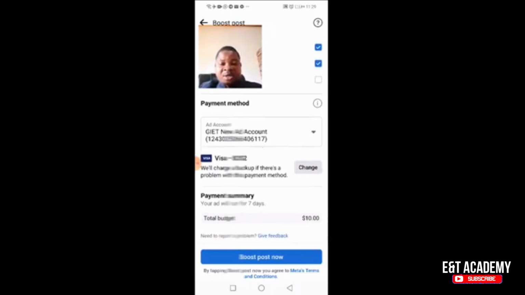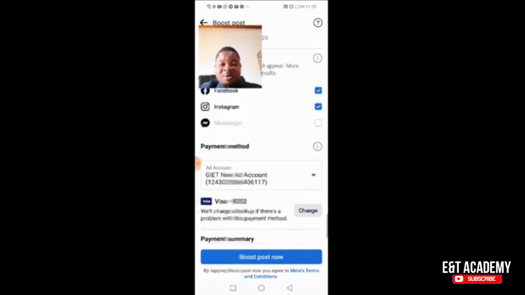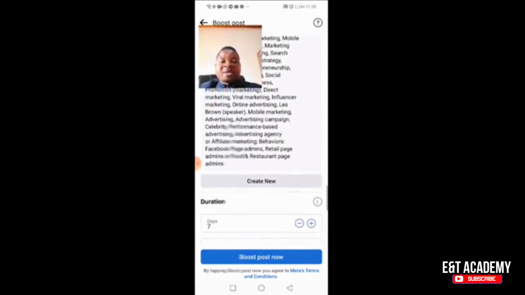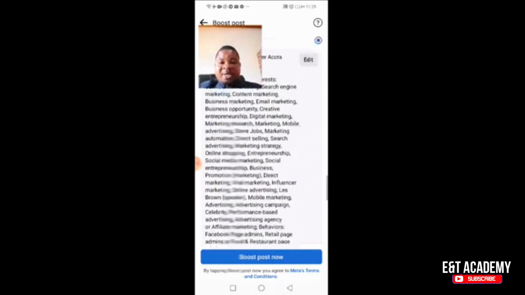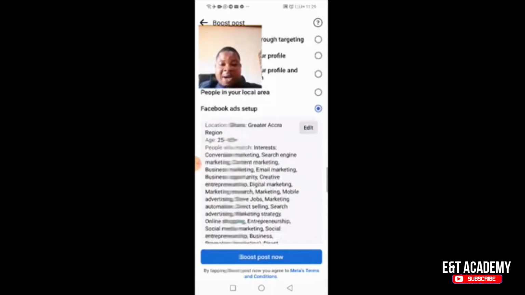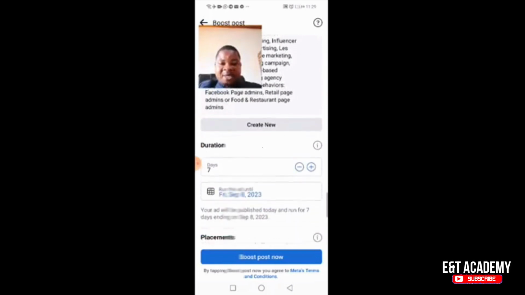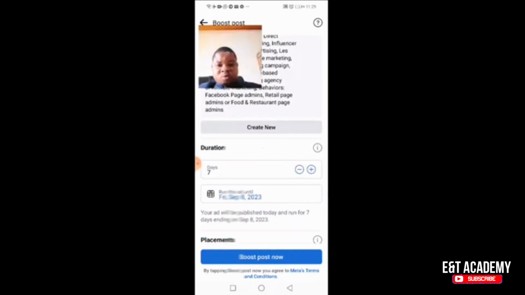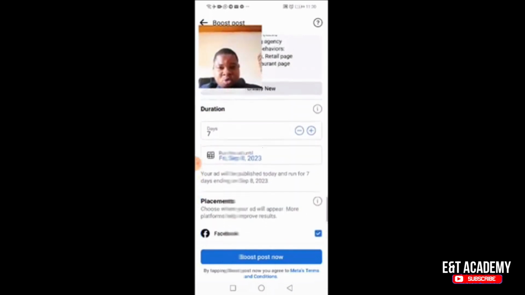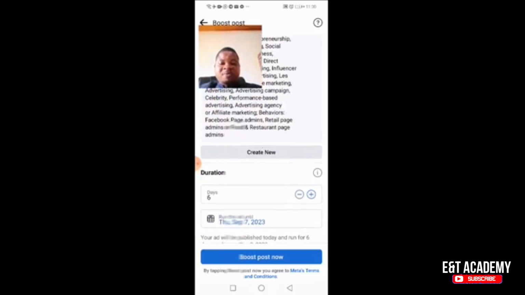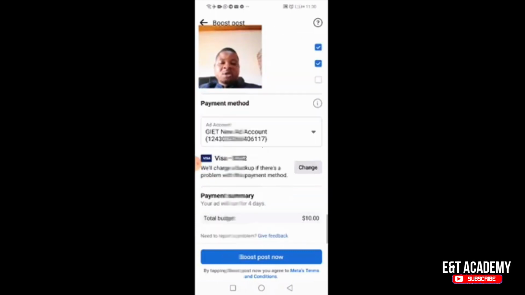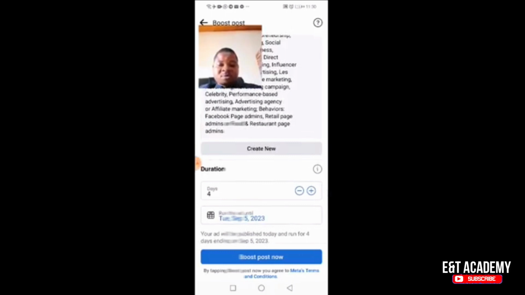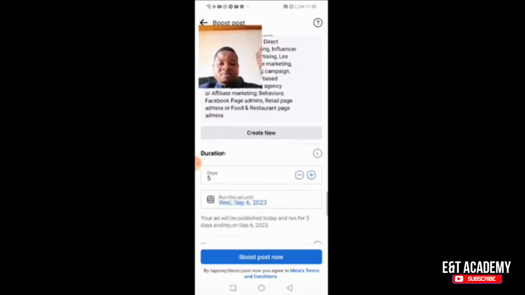See here, they've already chosen the total budget for me. I don't know the reason, but I'm supposed to be able to choose the budget I want. So normally you are likely to see the budget and the total duration there. So when you see the total duration, you put the number of days you want the advert to run. For example, if you want to reduce it to something like 5 days, just like what you're seeing here,